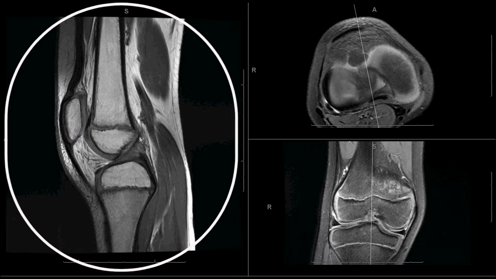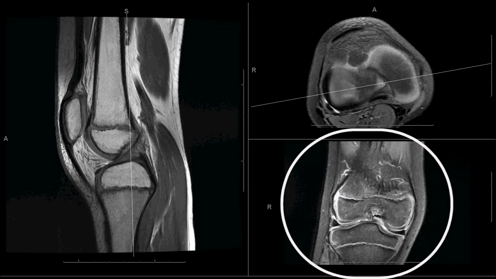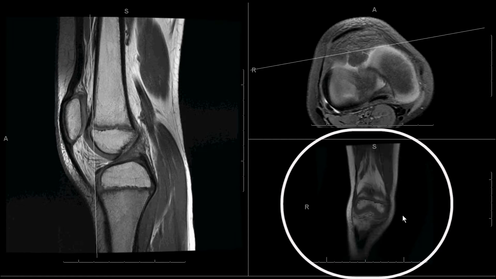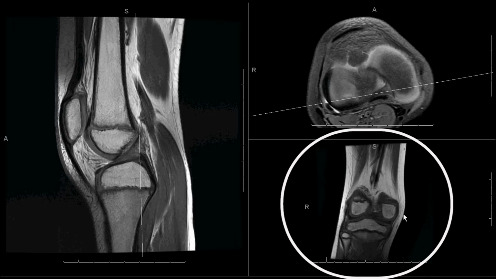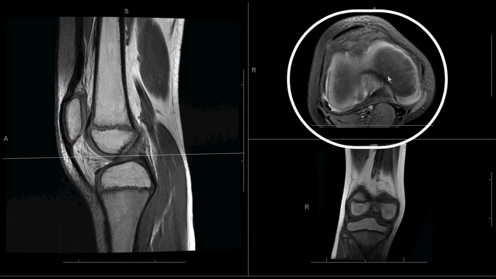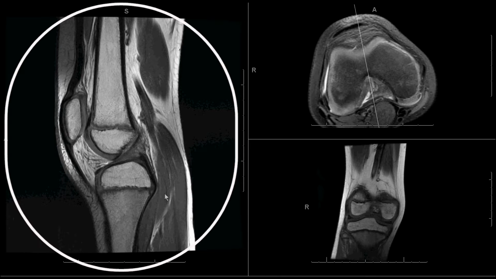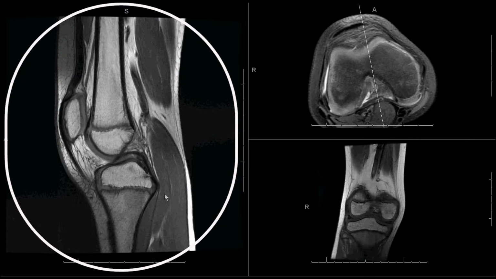So the ACL here, and on its corresponding coronal image is here, showing an intermediate appearance on the proton density and a slightly darker appearance on the T1. Corresponding image here is the axial, and you can see that it's got an intermediate signal intensity on this axial proton density. Looking now at the PCL, the posterior cruciate ligament is this structure here that takes sort of a